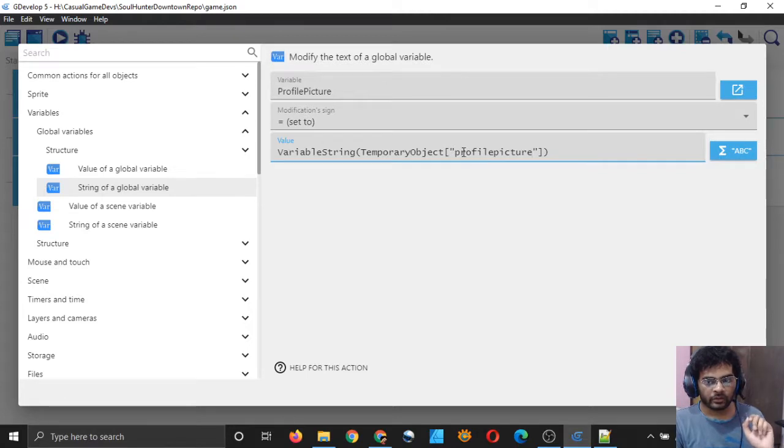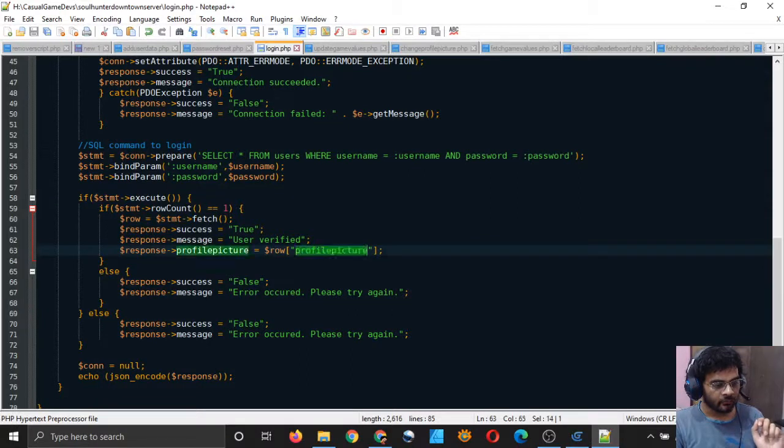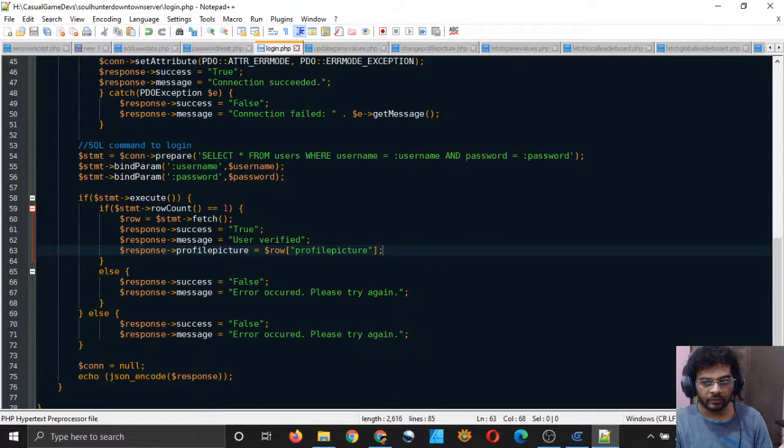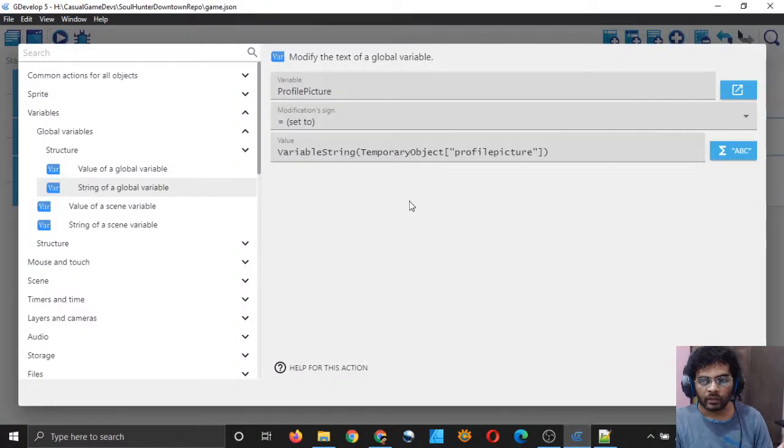This word profile picture should be exactly the same as this. You are sending this field, the name of this field is profile picture, so wherever you are receiving this field, you should receive it with the same name. Even if you misplace one character, your program will not receive that field, right? So be careful about this. This should be the same as the one you are sending, right?